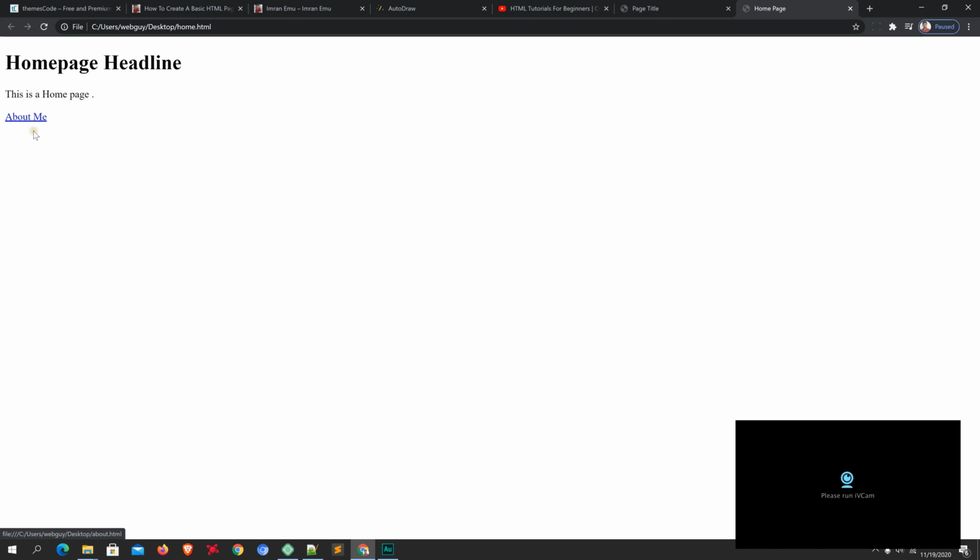When I hover over it with the mouse, the icon turns into a small hand. Pretty nice. Now if I click on it, here you can see I'm sent to the about page, and the link also works.